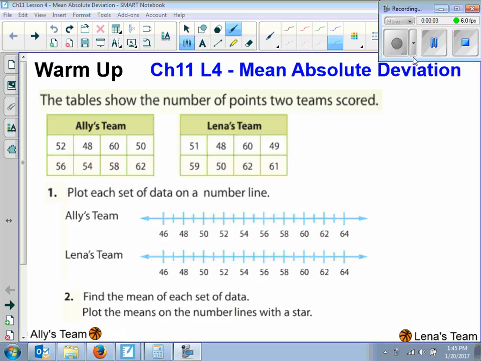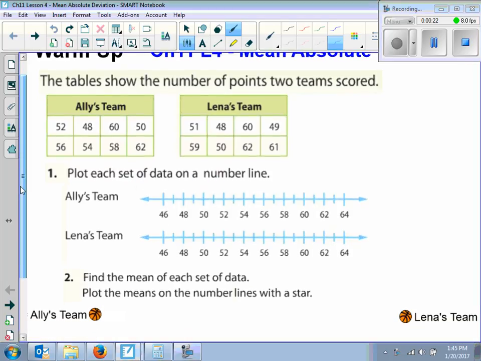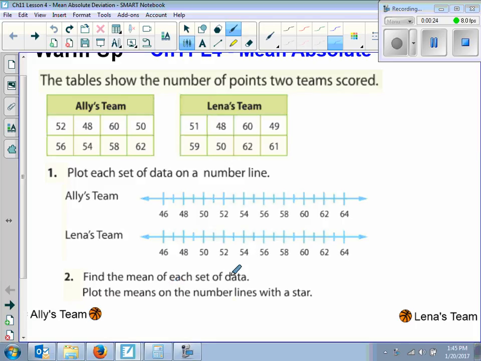Right, Chapter 11, Lesson 4 is the mean absolute deviation. Now here on the warm-up, it says the tables show the number of points two teams scored. So we want to first plot each set of data on a number line. It also says find the mean of each set of data and plot the means on the number line